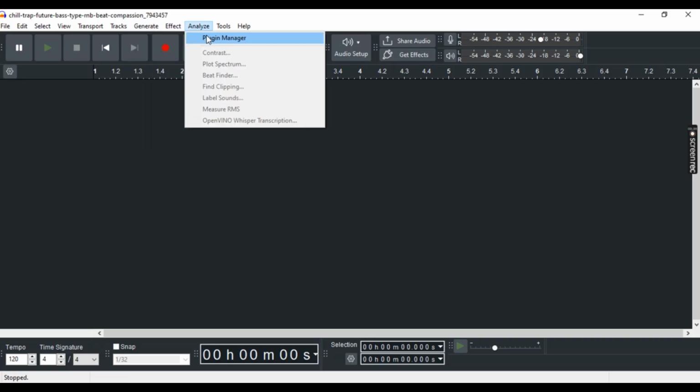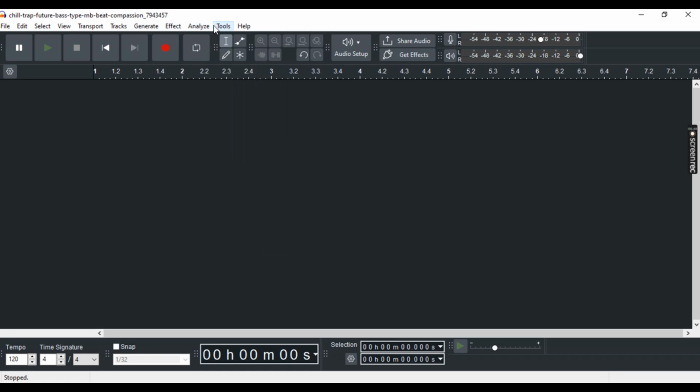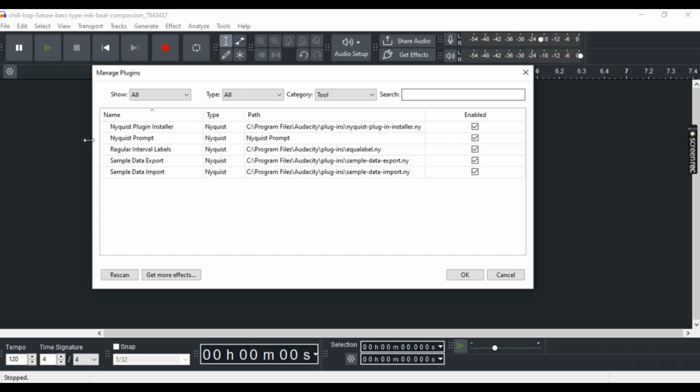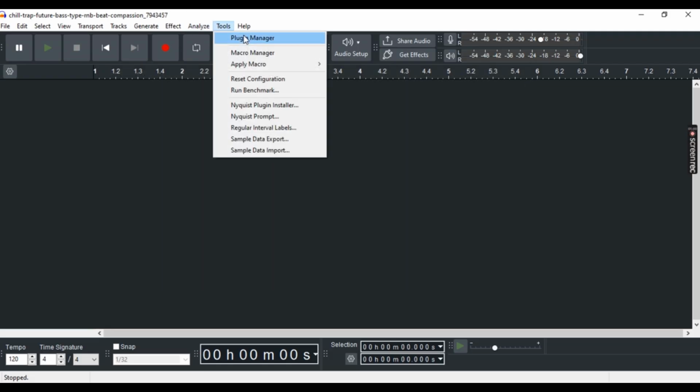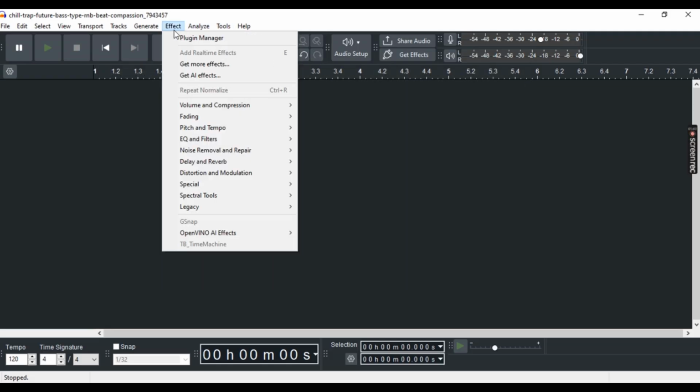here on the top navigation bar, from Generate to Tools, you should be seeing Plugin Manager on top. So you can select any one of these. Once you select your Plugin Manager, here you should be seeing various plugins that you can simply enable. It really depends. If you want the Tools Plugin Manager, just simply hit towards Tools and do it. Now, since you want by default an Effect Plugin Manager, just simply hit towards Effect and open up the Plugin